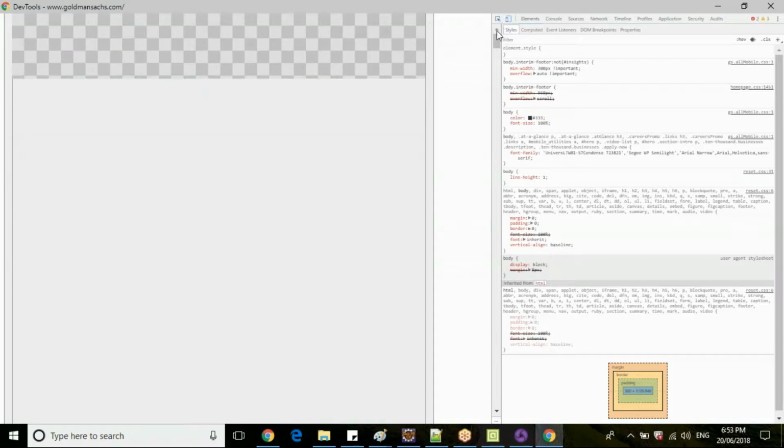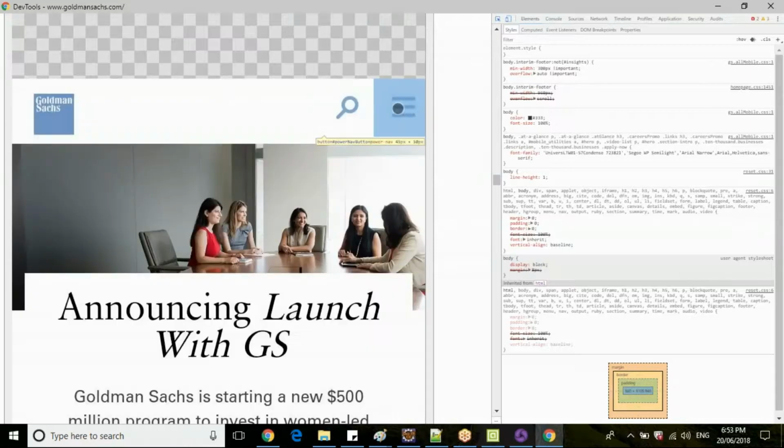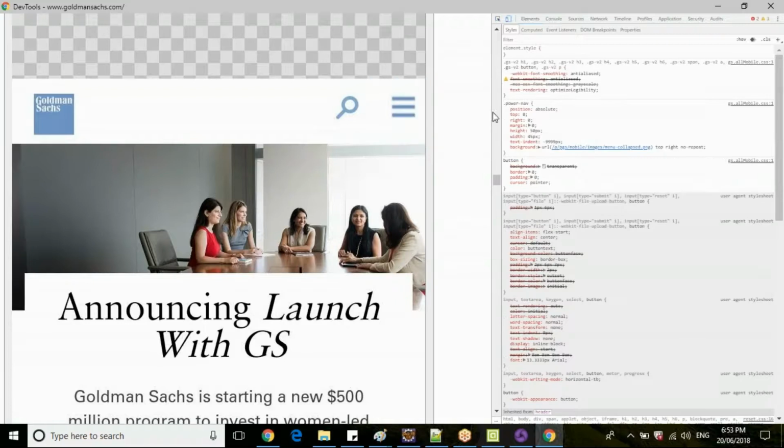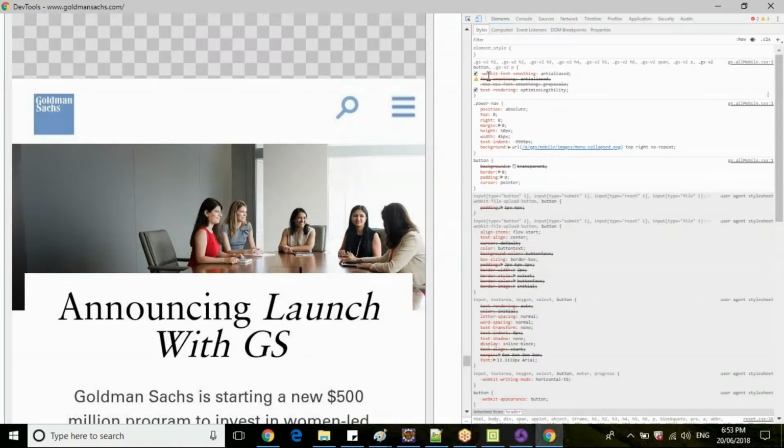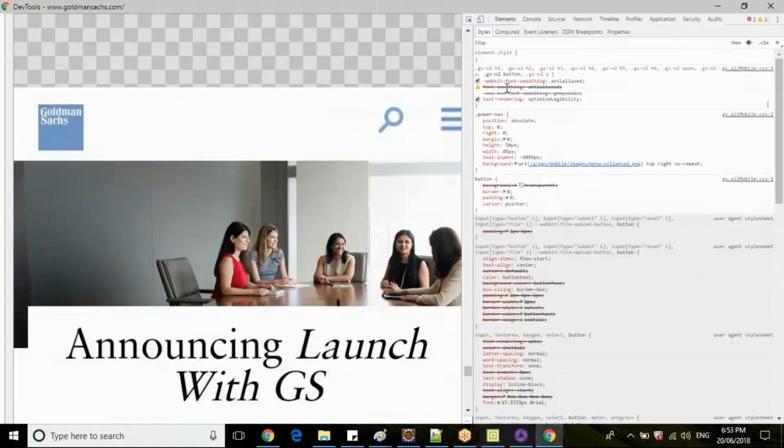Now click on this inspect. You have your inspect bar here. Click on this inspect bar and select the menu button here. This will show you. Let me maximize this one.